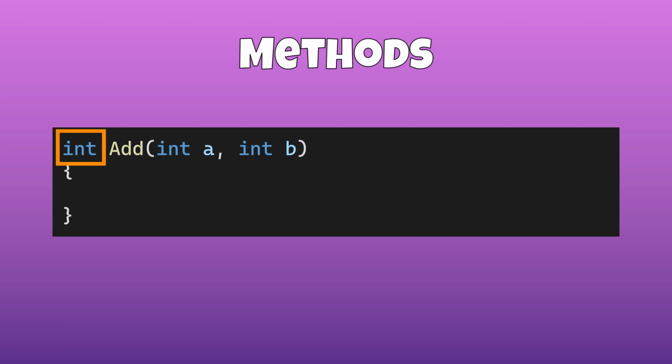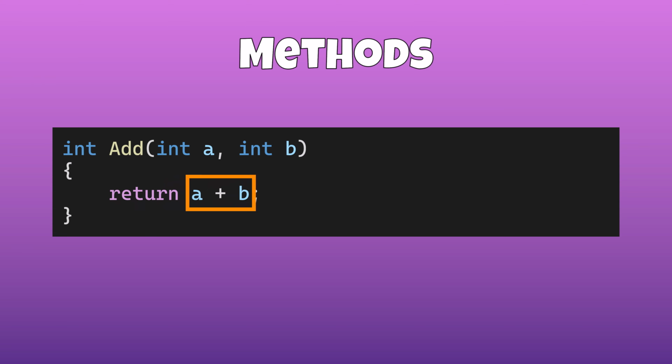When a method returns something other than void, it is mandatory to use the return keyword in the body of the method, in order to specify what value you wish to return. The type of what is written after the return keyword must correspond to the return type of the method. For example, here, return a plus b, a and b being integers, their addition is an integer and therefore corresponds to the return type of the method.